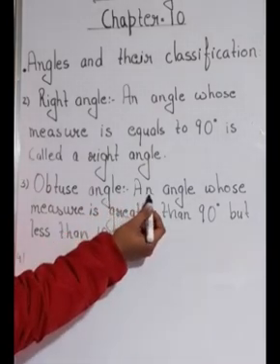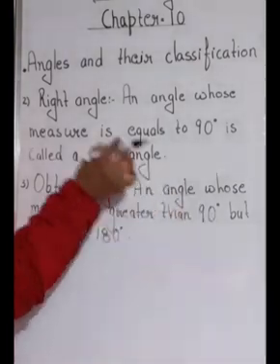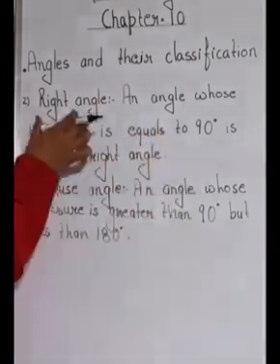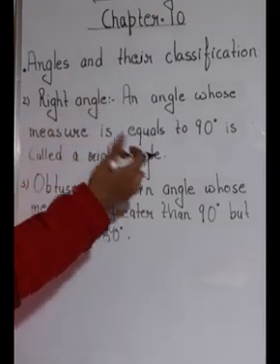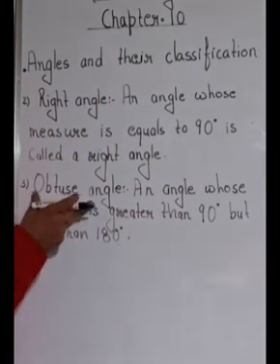Now what is an obtuse angle? An angle whose measure is greater than 90 degree. So if the measure of the angle is 90 degree, then it is said to be a right angle. And if it is greater than 90 degree but less than 180 degree, then it is said to be